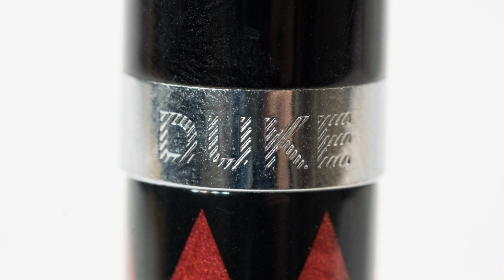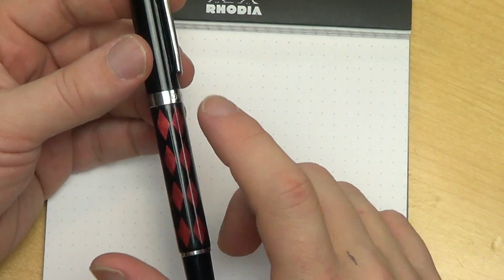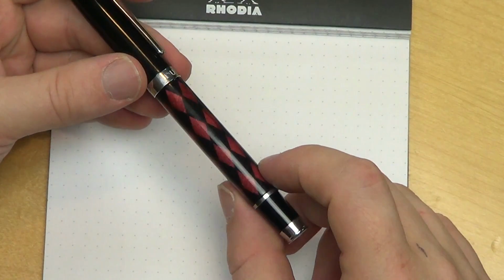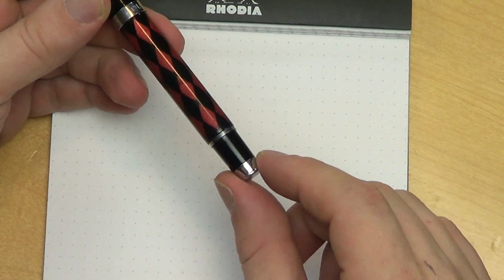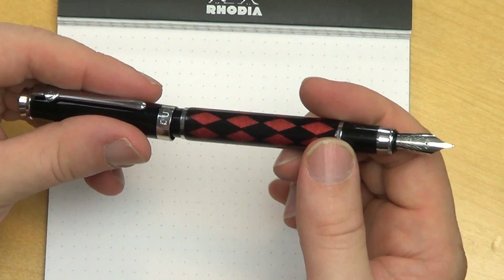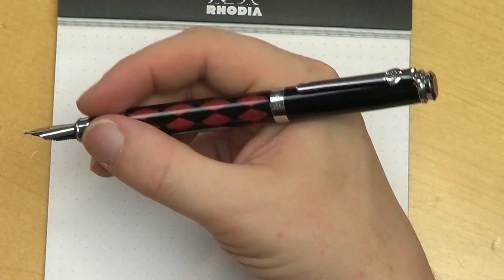The cap is very loose on the pen. I mean, it's not loose this way, but it just turns very easily. The barrel has this lovely kind of harlequin design in this metallic-y, maroonish red color and black, which I actually find quite attractive. Silver fittings here and on a cap on the bottom. And you'll notice here, this actually allows the pen to be posted quite securely. So it clicks on as a posting,